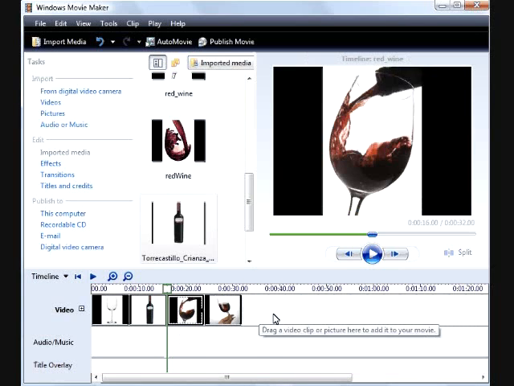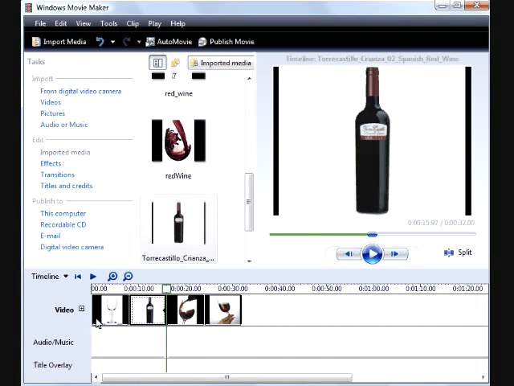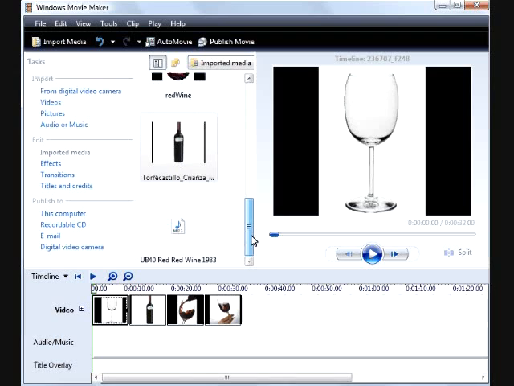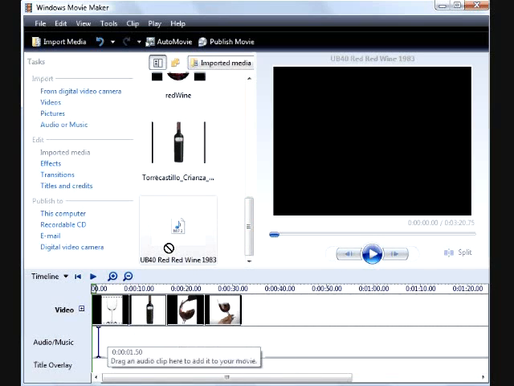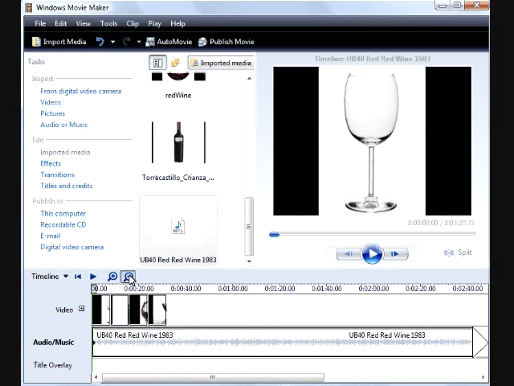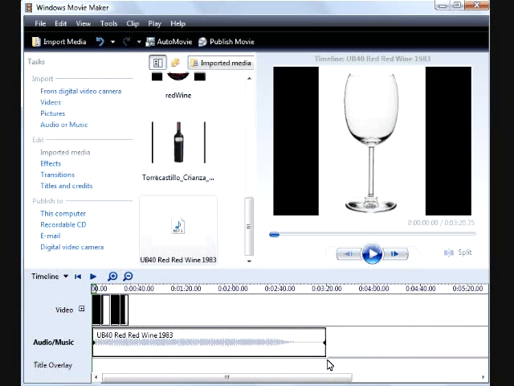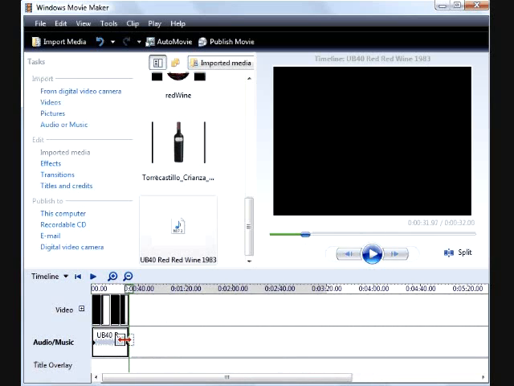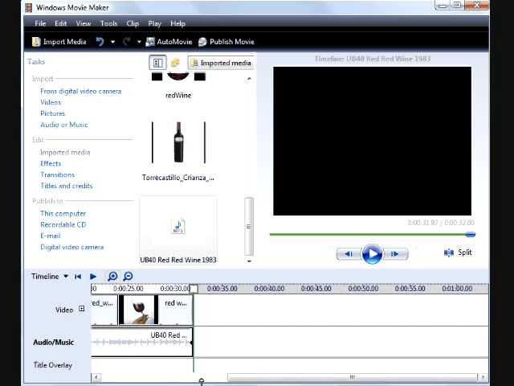So now I have all of the visual pieces I want to include in my movie, and now I need to include the audio track. So I'm going to click here on my library and drag it into audio music. Whoa, this is way too long for my short movie. So I'm actually going to drag this down, and that's going to trim the music clip down to about 30